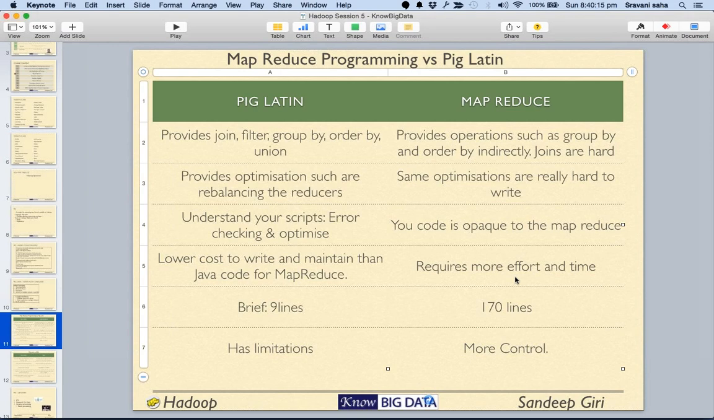Okay. So the reason behind creating a new language is, though MapReduce is really flexible, it is cumbersome. It takes time to form a logic. It takes time for compiling, transferring, and then executing. And Java or any other programming language takes more effort as compared to a very data oriented language. So Pig Latin basically provides you join, filter, group by, order by, union, etc., while